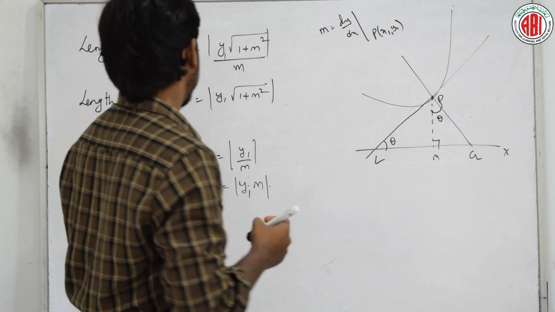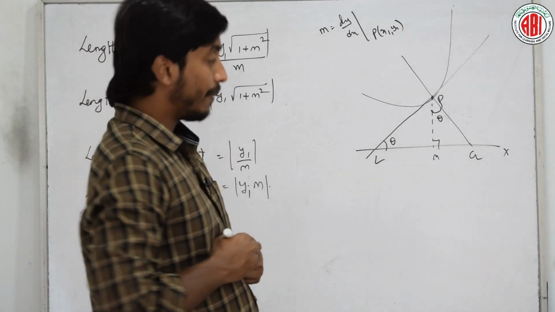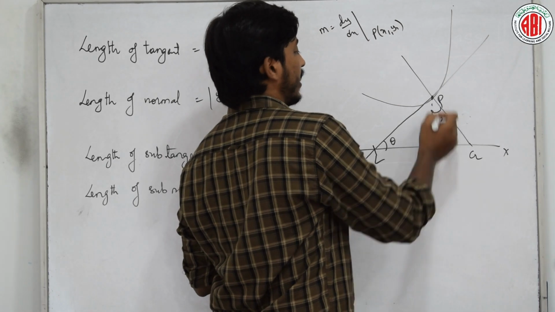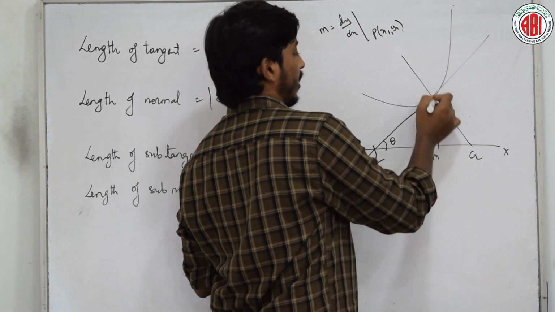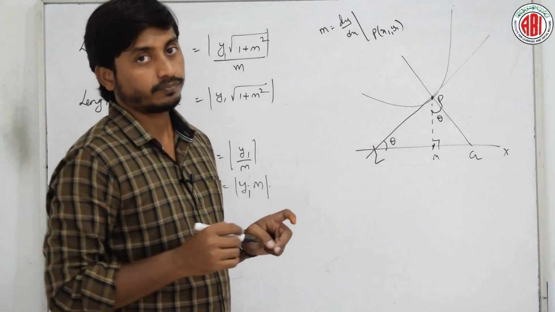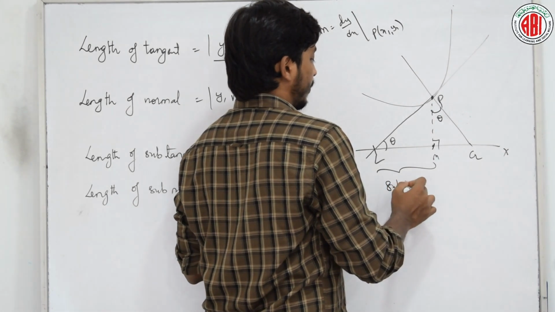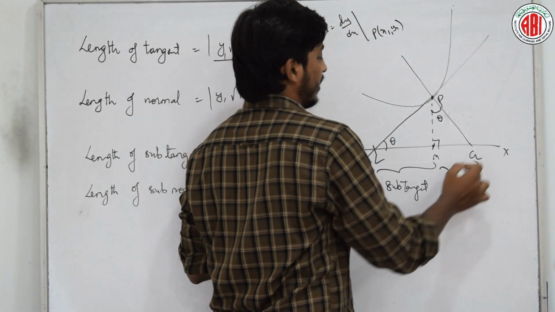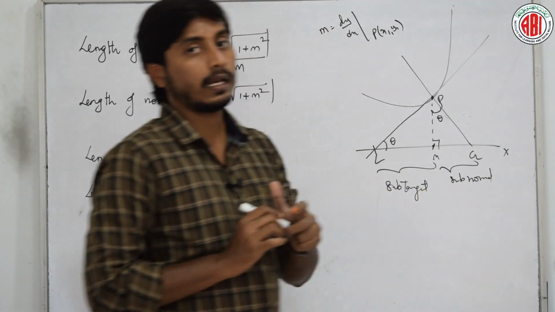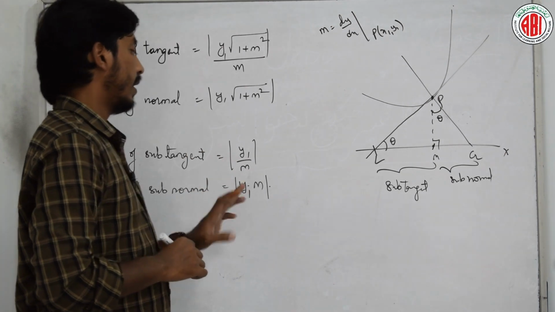Okay. Next is length of subtangent and subnormal. What is a subtangent? A subtangent is the distance between this point and the foot of the perpendicular from the point of contact. Then this distance is called the subtangent. Similarly, this is called the subnormal. Clear? Then the lengths of subtangent and subnormal are given by y1 by m, and one more is